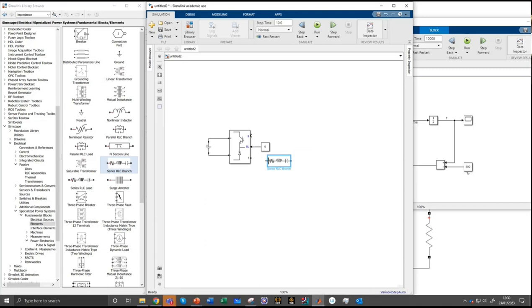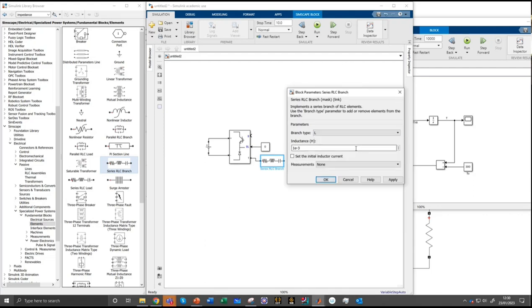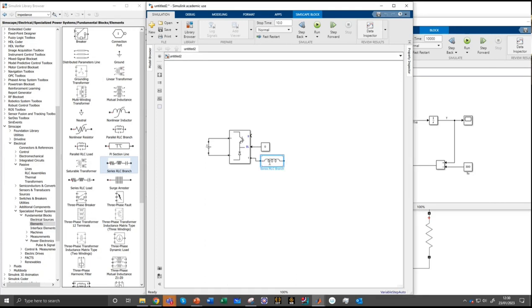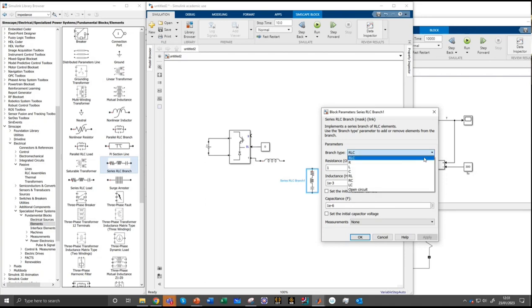It doesn't do a single one. It's always an RLC branch, and you basically double click on it and make it an inductor. So I make it into an inductor. I'll leave the value as it is. So an inductor there, and there is another one of these which I need to be a capacitor. That's a capacitor,